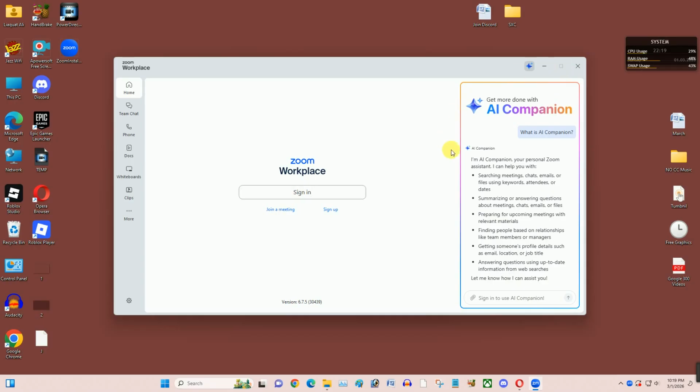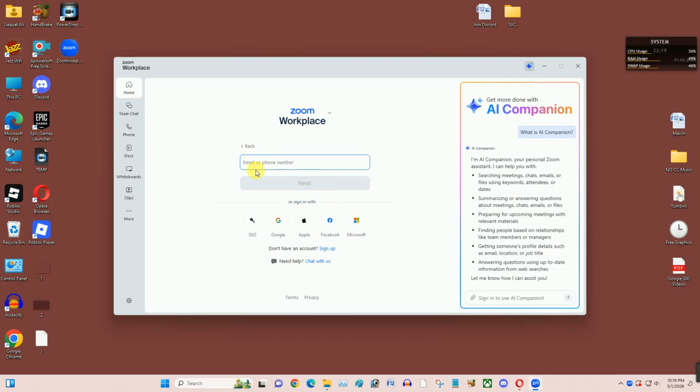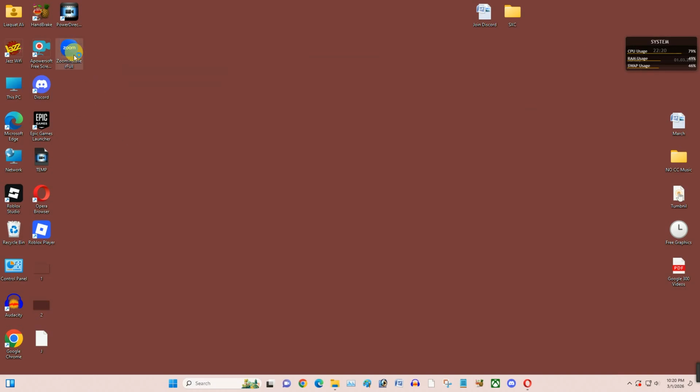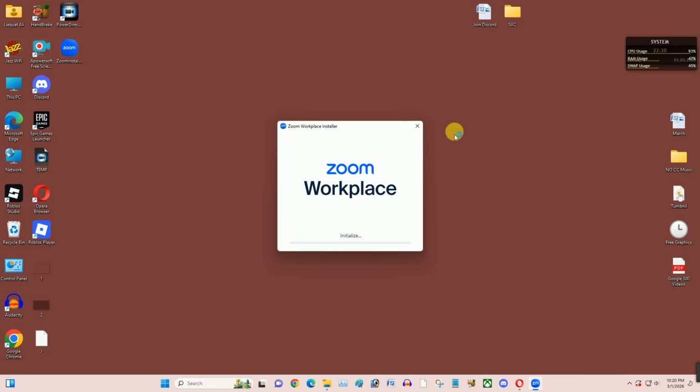So if you already have a Zoom account, you can simply tap on sign in, and you can simply put your Zoom account username and password, and once you tap on this one, you'll be able to log in. So as you notice, I have successfully installed the Zoom application on my laptop by